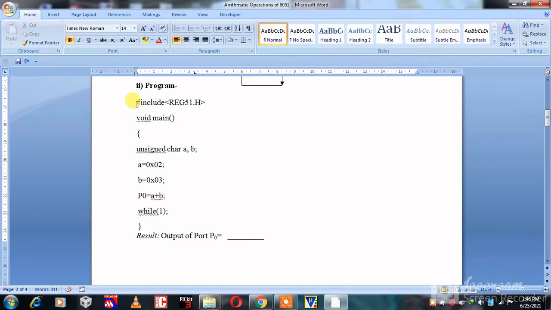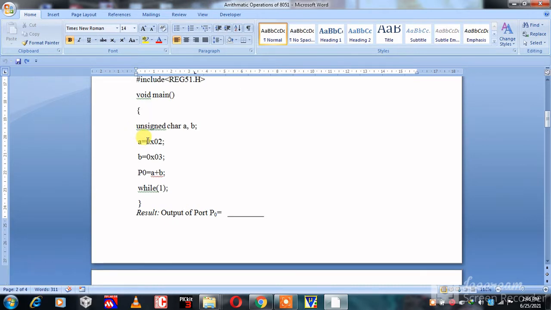Initially include the header file using instruction #include reg51.h. Then start the program, then open the curly bracket, assign the variables. Here using instruction unsigned char a, b.